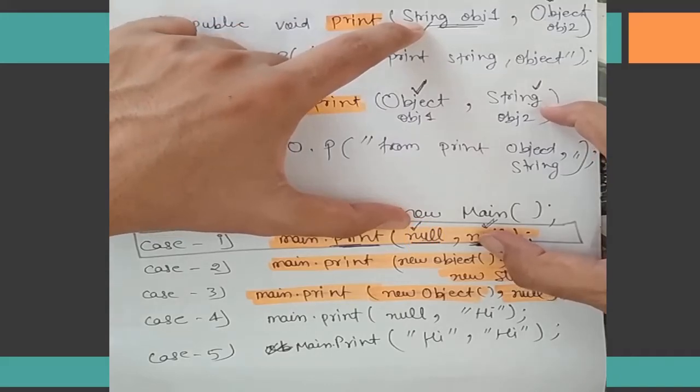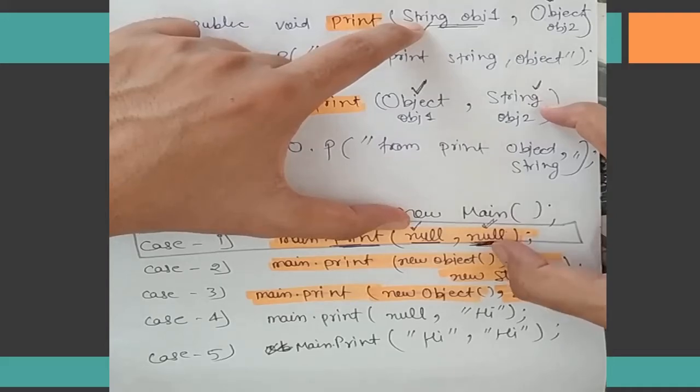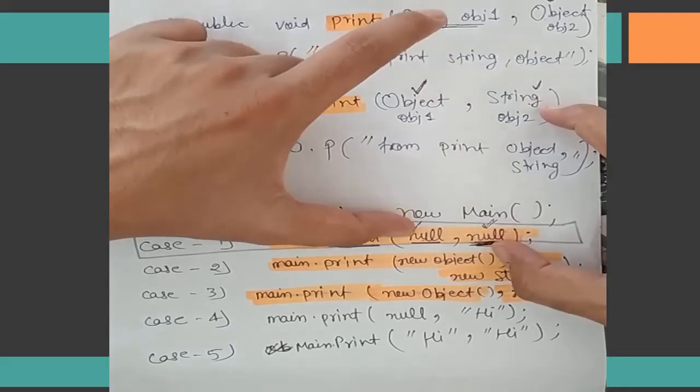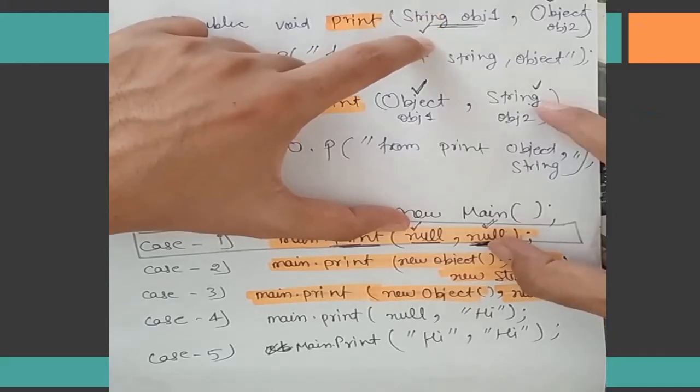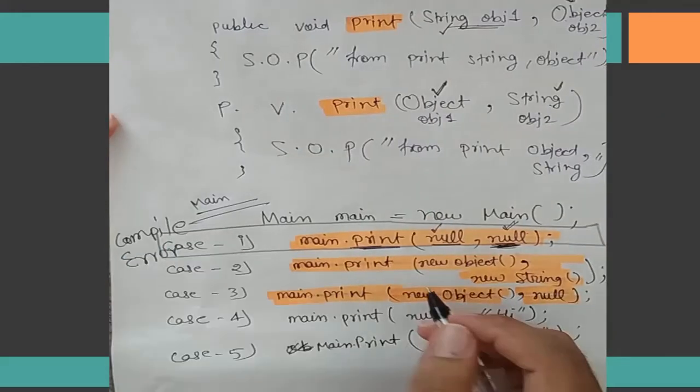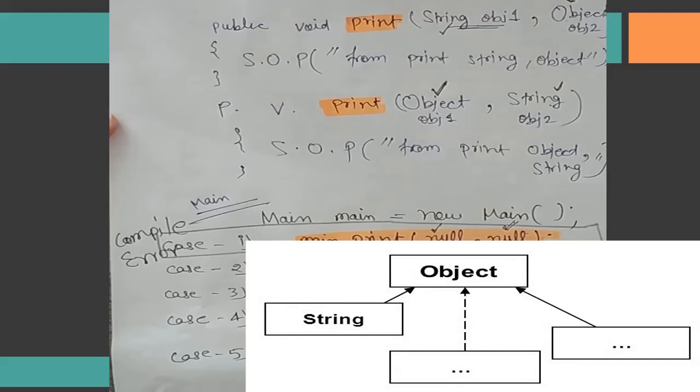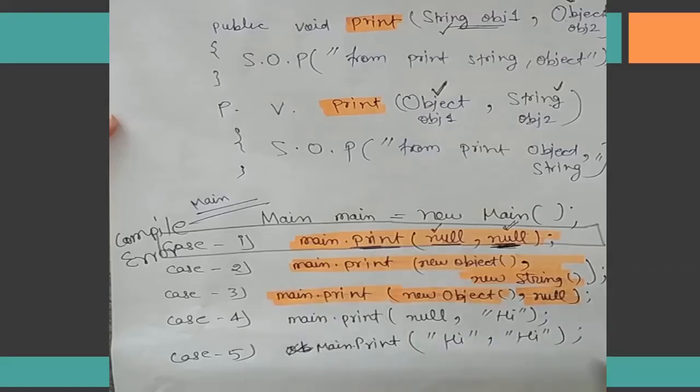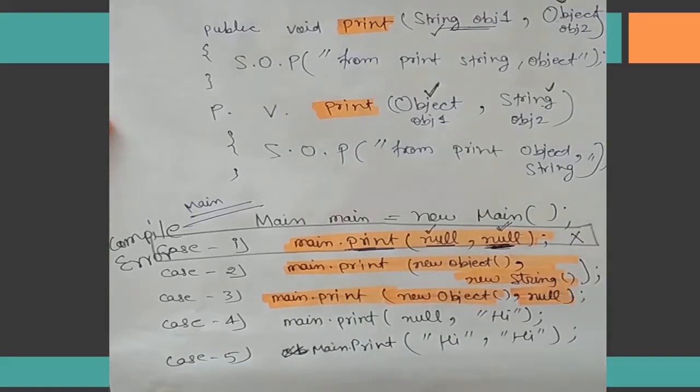So whenever you try to pass null from main, the JVM gets confused resolving between these two methods, and hence a compile error would be the output. On how to choose the exact match from the hierarchy, I explained this in earlier videos, you may refer to them. In short, in this diagram String is the child of Object, so we call it most specific. So this case will not execute.